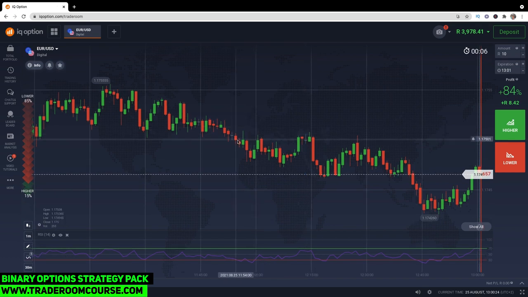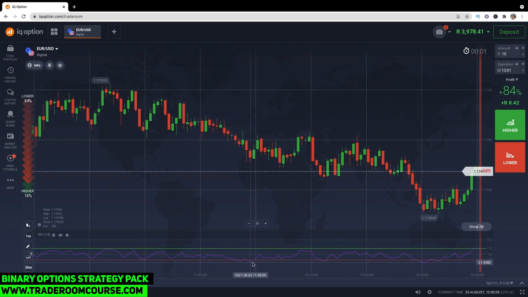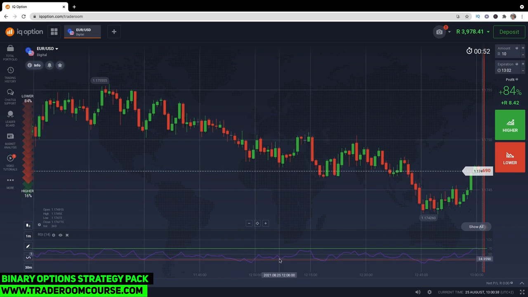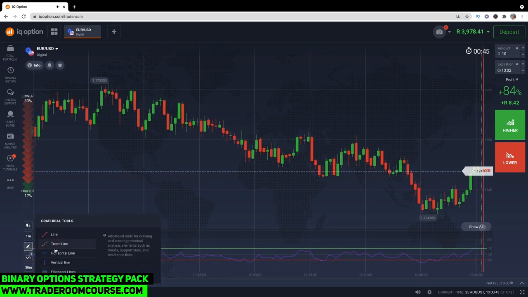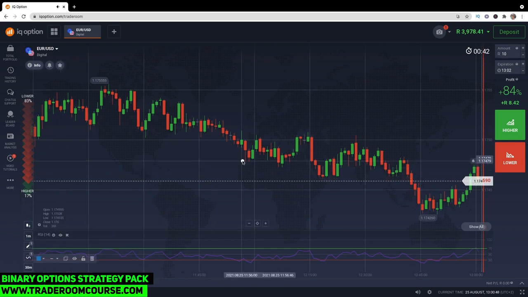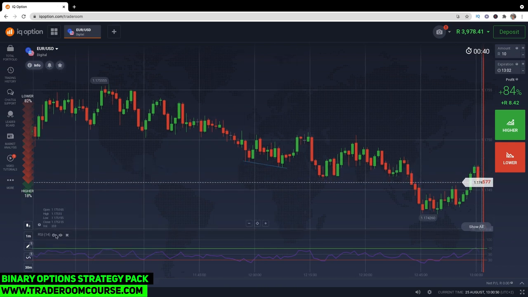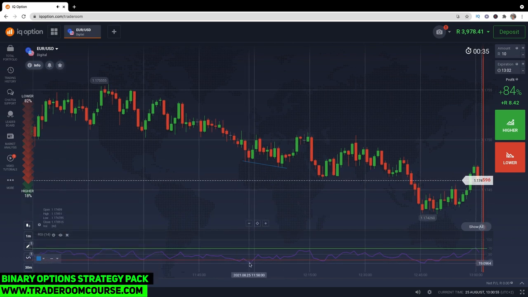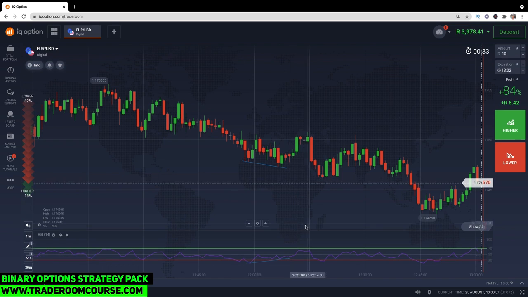As you can see, price has made a low. We have broken the oversold area of the indicator. Price has then come back up and created a lower low, which you can see has created a higher low on the indicator, meaning that we are now looking to take a trade. Let me just draw on with the graphic tools to make it easier to see. We have a low and a lower low, and then we have a low and a higher low, creating a